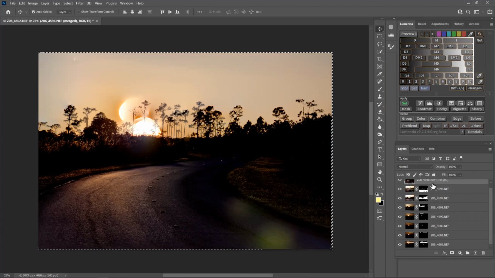So if you look over here where my mouse is, you can see at this first image, the bottom is white and the top is more black because the bottom is the thing that's mostly in focus. So it's going to reveal that part of that layer and block out the part of the layer that's out of focus. And now you see here, the second image, the mid part is more in focus, which is why the middle part is white and the top and bottom are blacked out. And the same with each image.